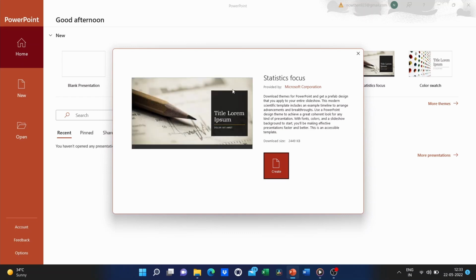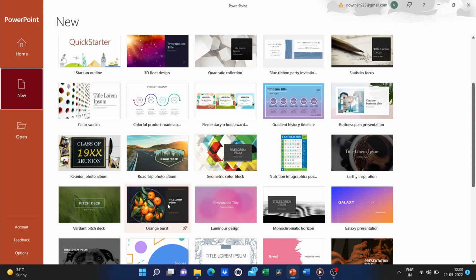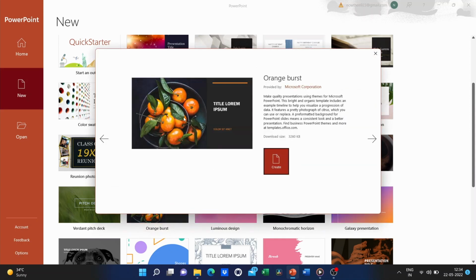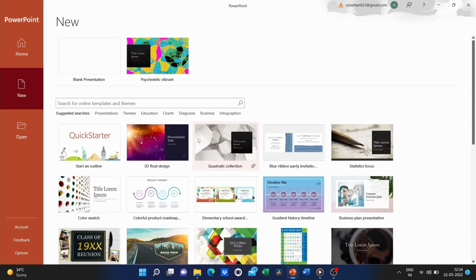And it will get the template details, and then if I like it, I can choose to create a presentation in that style. And so that's another option that you have, is to pick one of these pre-made templates, which is really what they are, templates. So I could pick one of those and begin making a PowerPoint. Another thing you can do is go over here and click search for online templates and themes. So I could click there and do a search for,